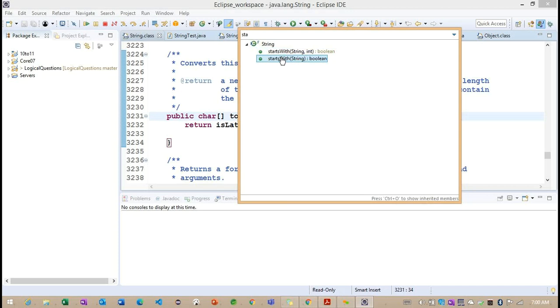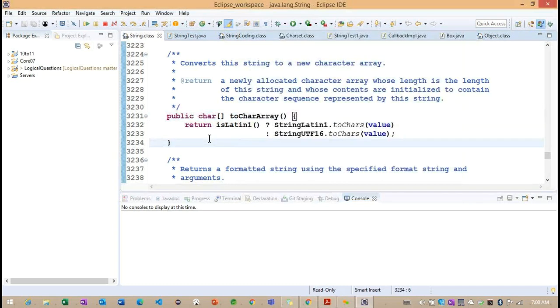So what is the purpose of this startsWith method? Whenever we are working with a string, it finds out whether the existing string starts with the given string or not.